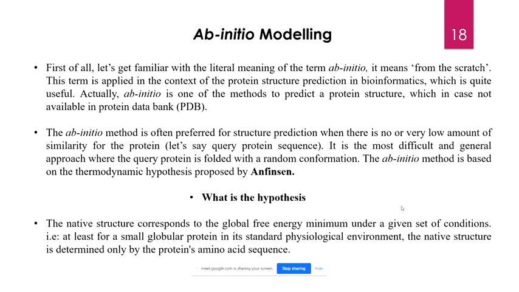In nature, the protein folds according to the ab initio method because the protein doesn't know whether you have a homology model or a homologous protein in your body or not. It simply depends upon the chemical properties of the amino acids for a protein structure, and that's how protein folding originally occurs in our body, right? So that is why the ab initio method is actually the best, the most accurate method for protein structuring.